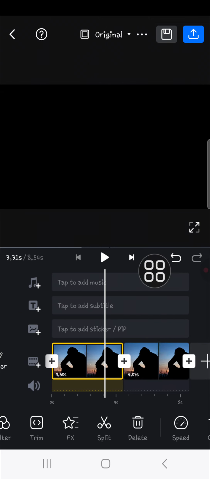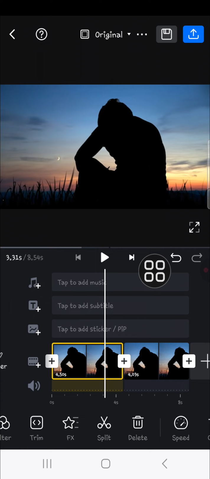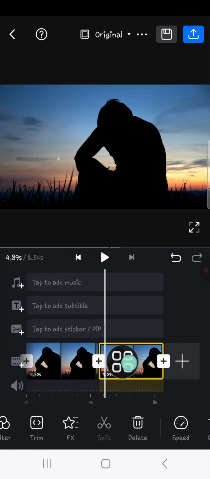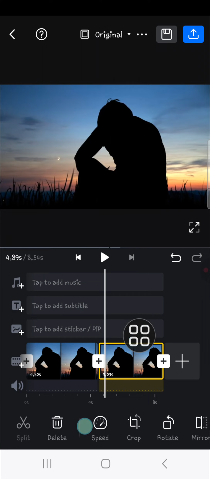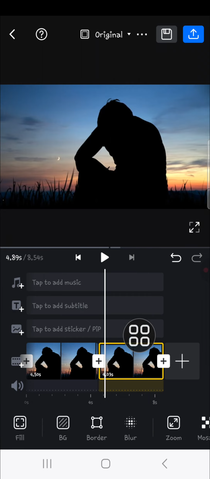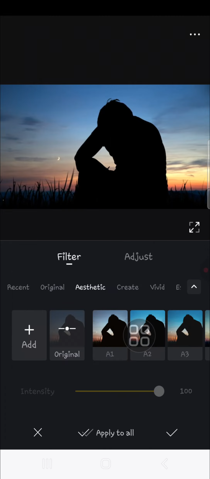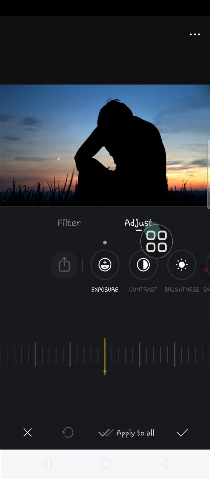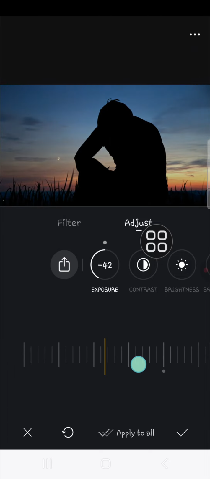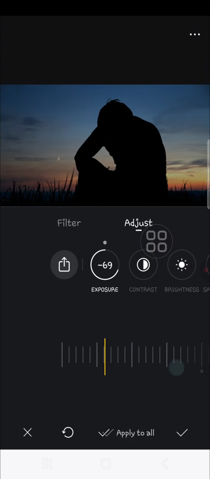And then it's time to create the light to dark effect. I'm going to make this part darker. I'm going to create a night effect for this clip. So I'm going to go to the adjustment. I'm going to click on filter, and then we can go to the adjust, and to make it darker I'm going to reduce the exposure like this,